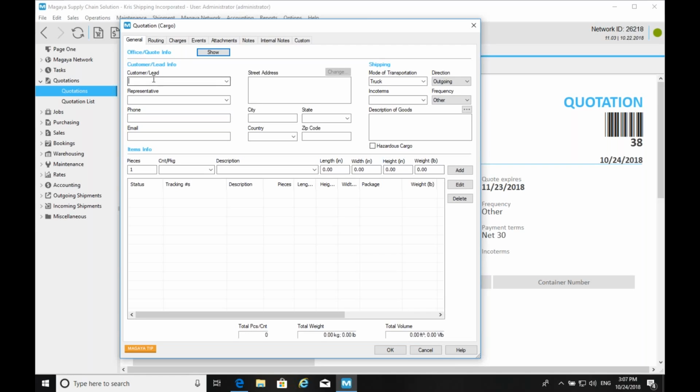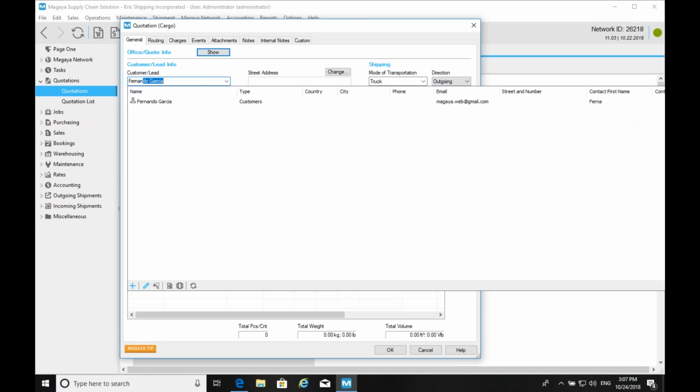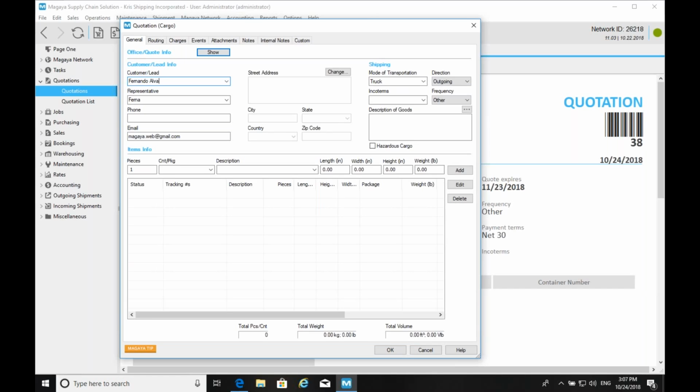So the concept of lead here is that I can just start typing in anyone that I do not have as a customer. As soon as I type a character that's not recognized, the system will realize that this is not a customer. So here I will have, for example, Fernando, and I can just type in some data about them right here in the quote interface as I'm on the phone with them or receiving an email from them.